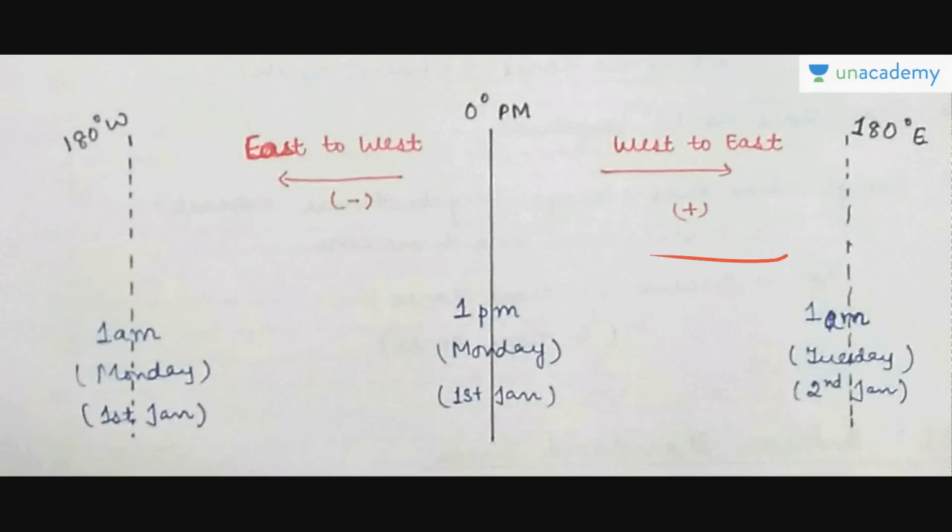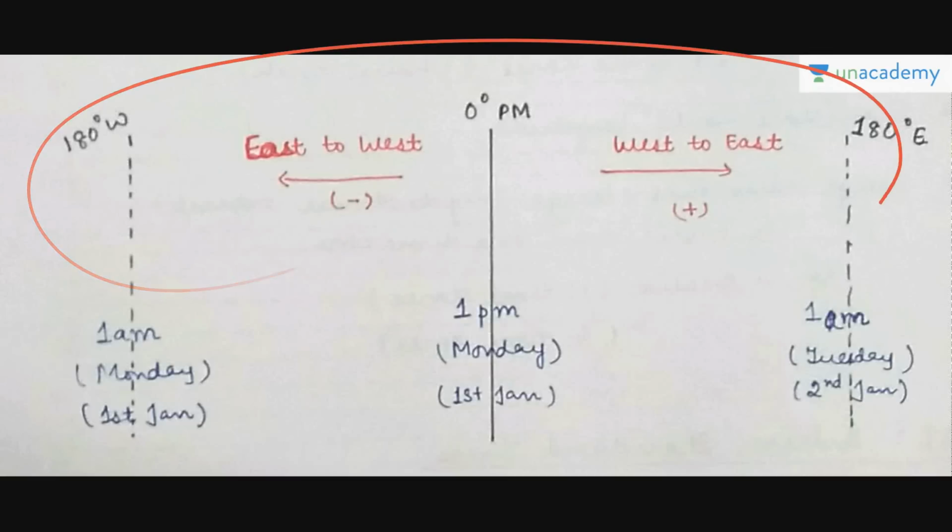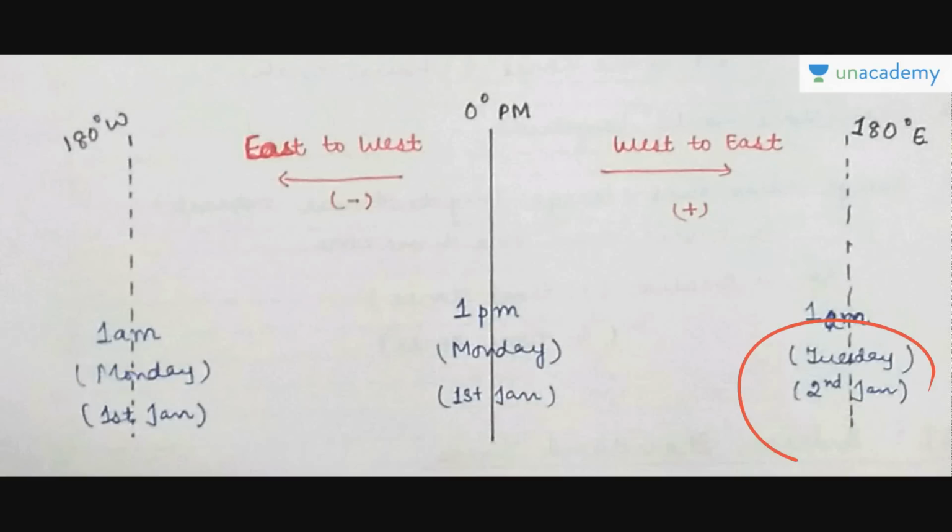Now when it comes to losing a day, how does it happen? Again, the area between this 0 degree prime meridian and the 180 degree west international date line. For this line, this is the eastern area, right? So when we move from east to west, we are moving from here to here. So the day changes from 1st of January to 2nd of January. How do you lose a day? You were here on 1st of January, and suddenly when you cross this line, you get 2nd of January. So you do not get a chance to live this 1st of January. That is missed. You suddenly have to live this 2nd of January. So there is a loss of one day, and here it was a gain of one day.